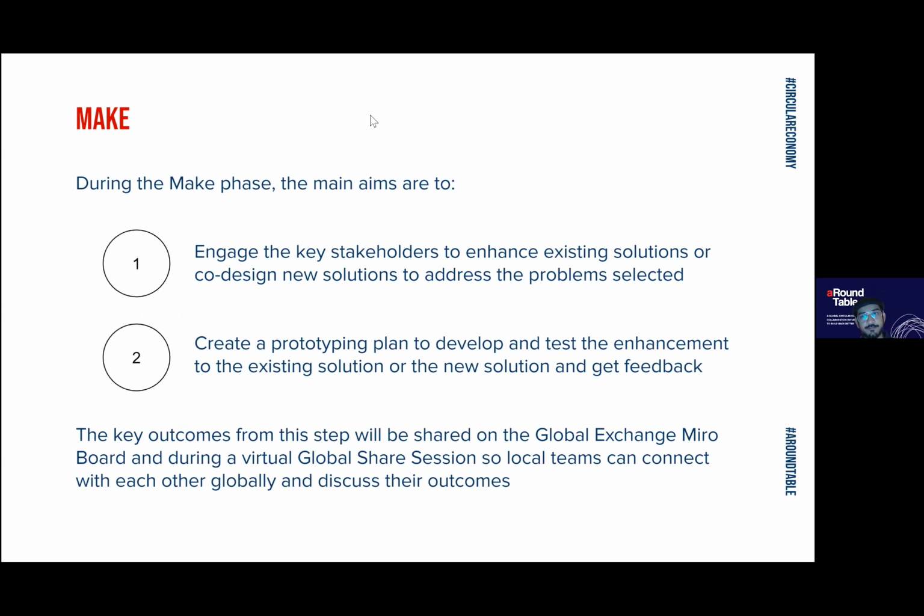So the third phase is to really start making different prototypes and co-designing solutions. The main aims here are to engage these different stakeholders to either enhance existing solutions or develop new ones to specifically address the problems that are selected in the gaps that the community decided to focus on.